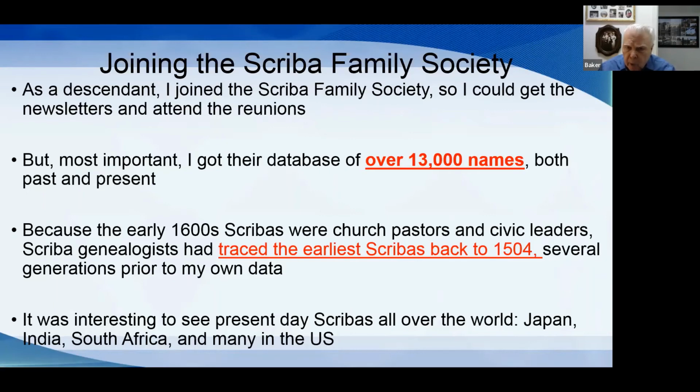Now, it happened that because some of the early Scribas were pastors in the church, and some were civic leaders, they were able to trace those really early Scribas much earlier than I had, back over 500 years ago. And then bringing it up to the present time, I think it's like a microcosm of all Germany, where we get Scribas that now their descendants live in Japan, India, everywhere in the world.